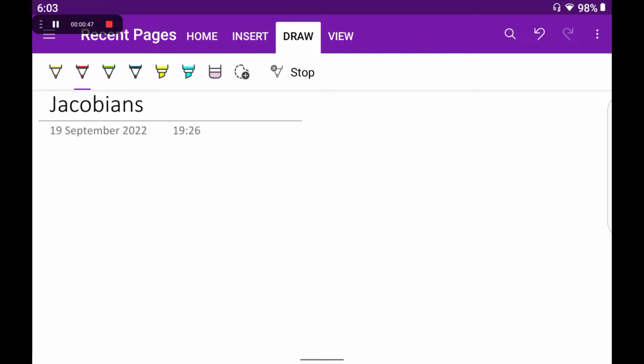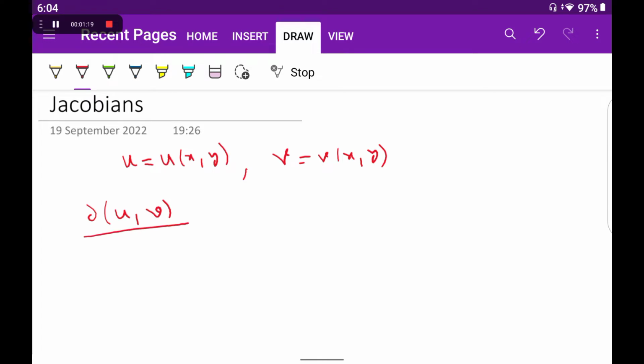So let us take the definition of Jacobians in two dimensions. To define a Jacobian, we need at least two functions in two variables. Suppose u and v are two functions of x and y. Then the Jacobian of u, v with respect to x, y is defined to be a determinant